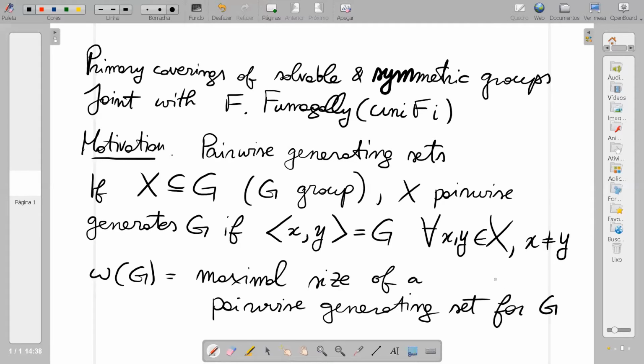Now, how to study such a number? An interesting observation is that